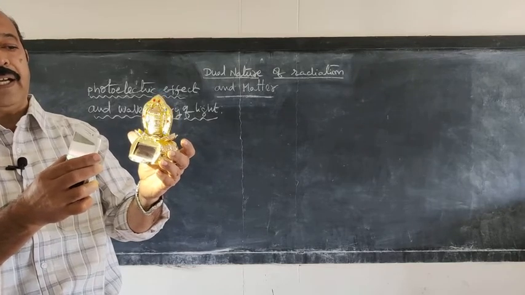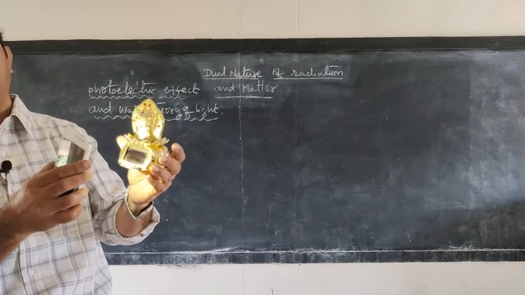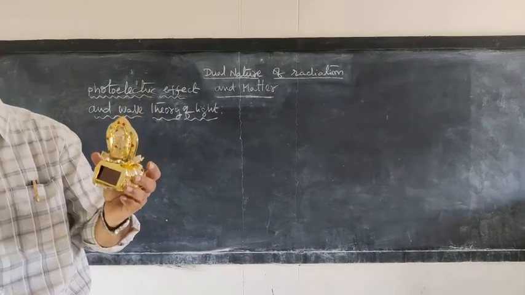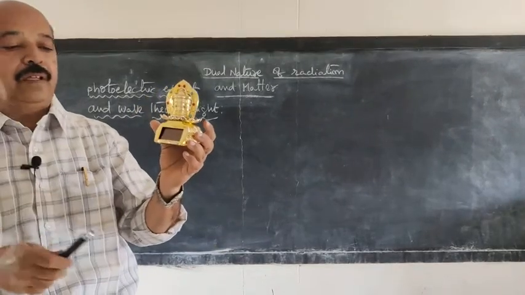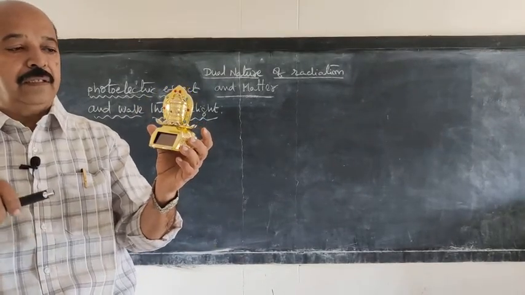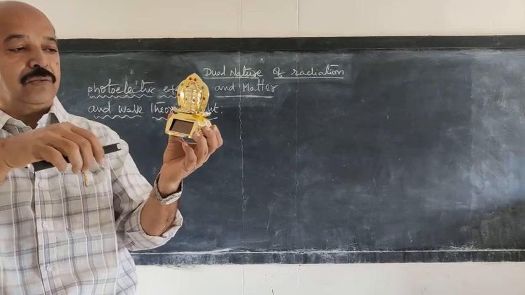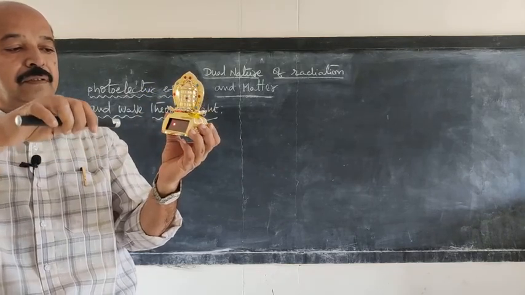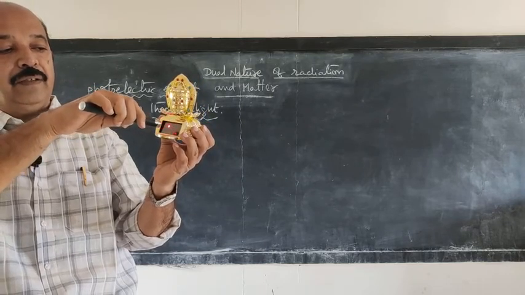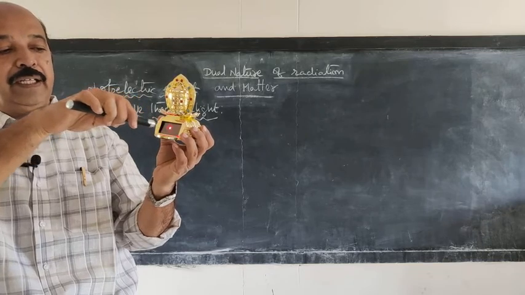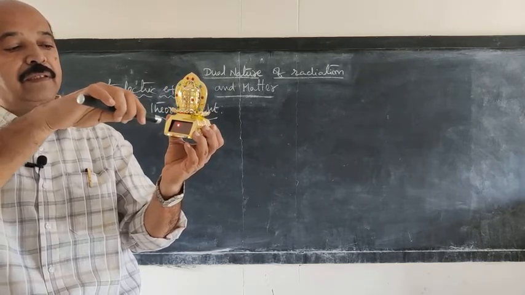So like this. Now, if you change the color of the light, if it is not having sufficient energy, that is, if the radiation has frequency less than threshold frequency, there will be no photoelectric emission. Okay. So now I use red light and see whether it can make the motor rotate. So this is the red light. So even when I bring it nearer, even if it is very intense, you can't observe any movement.